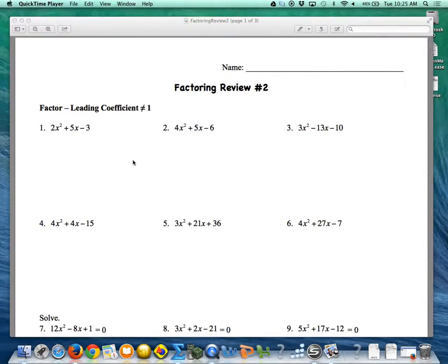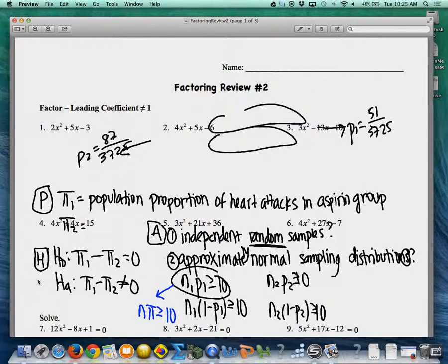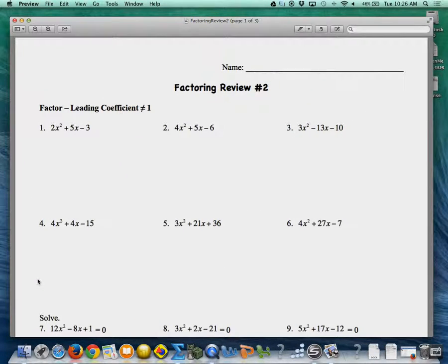Okay, so we're going to start with factoring numbers 1 through 5. It says you're factoring with a leading coefficient that does not equal 1. Whoa. Okay, what is the difference between these problems, like 1 through 6, as compared to what we did yesterday? Nick: There's like 2x squared instead of just x squared. Yeah, yesterday it was 1x squared, 1x squared, 1x squared. Today we're going to do it when there's not a 1 in front of the x squared, when there's a